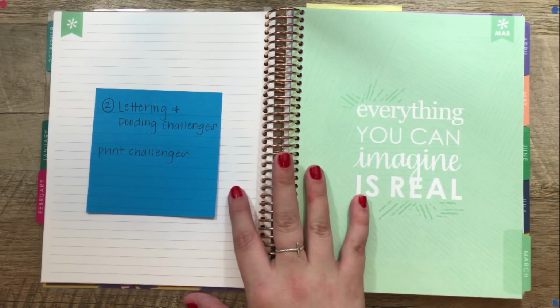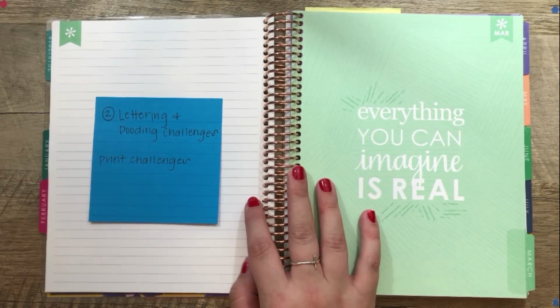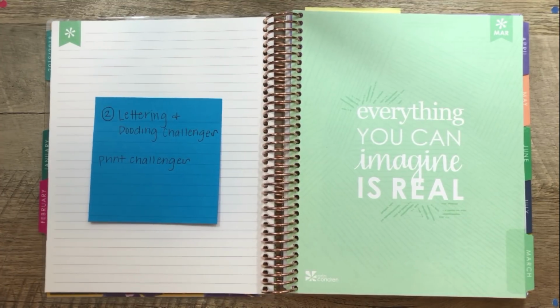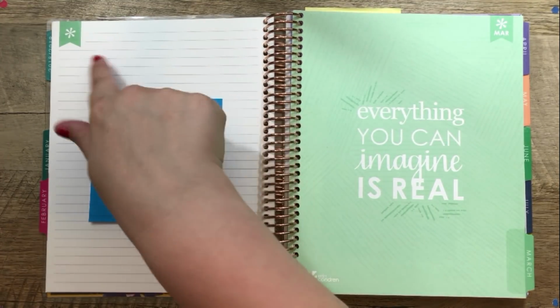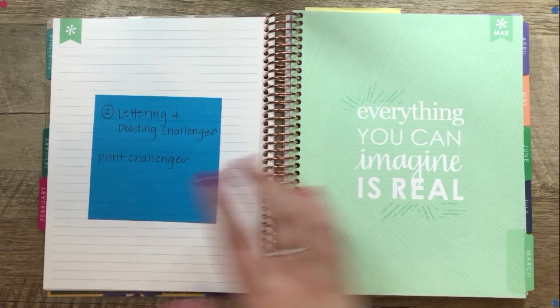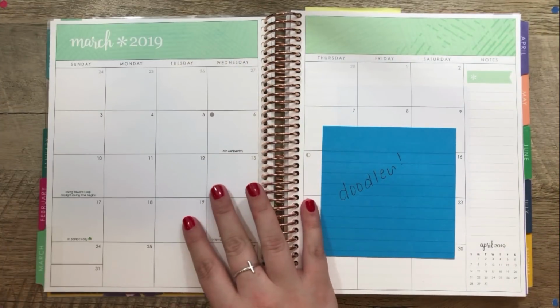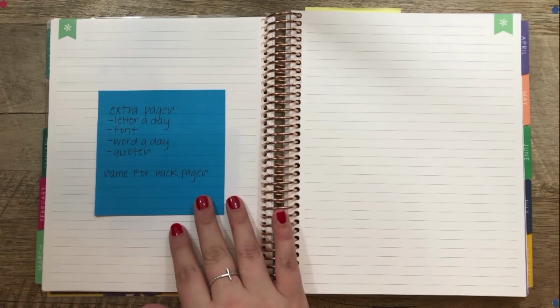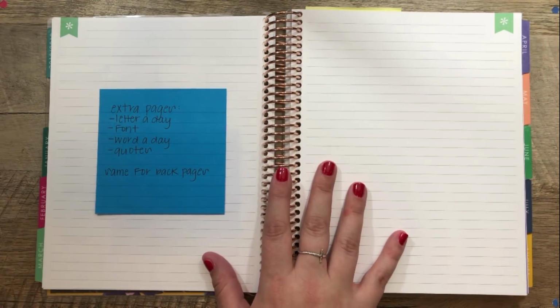So this is honestly one of the ideas that I'm considering using mine for. I haven't completely made up my mind yet, but this is definitely one of the ones I'm considering. I would print out the challenges and put them on this first page. Then on the monthly layout, I would do the actual doodles. And then on these pages, I would do